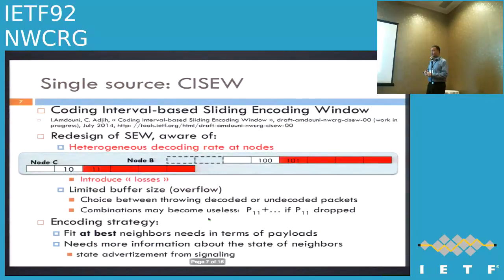Next slide, please. What we did in the past year is to try to generalize this building block and to make it independent from the protocol DragonCast. So this is what we propose. It's CSU, a coding interval-based sliding encoding window. We made it a draft, and what is new in this